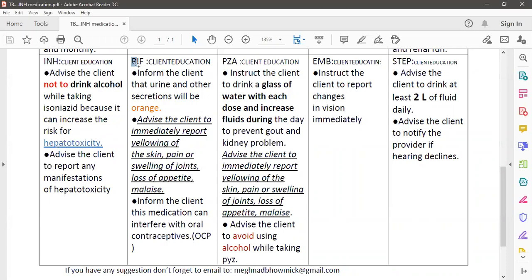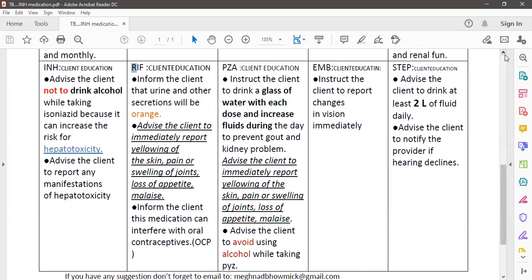What about rifampin? What could you educate your patient? Inform the client that urine or other secretions will be orange. We read it already. So next here,